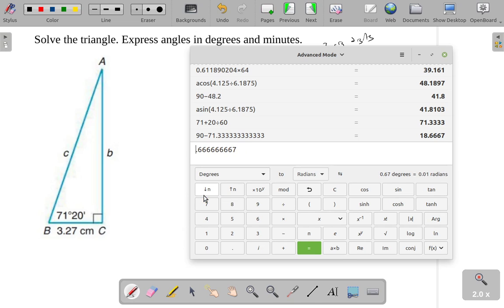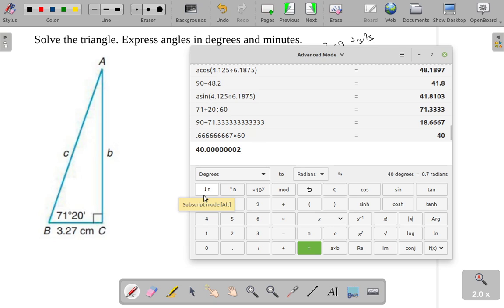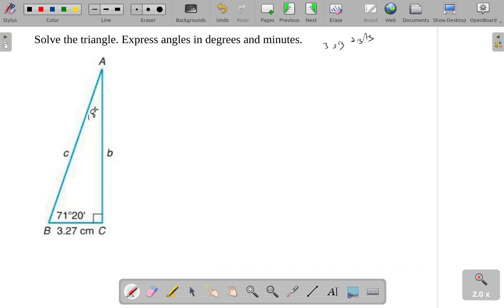If I just take that portion after it and multiply that by 60, you can see that's 40 minutes. So this is 18 degrees and 40 minutes. There's other ways that I could have done that. This is just kind of quick and dirty. Alright, so I know,